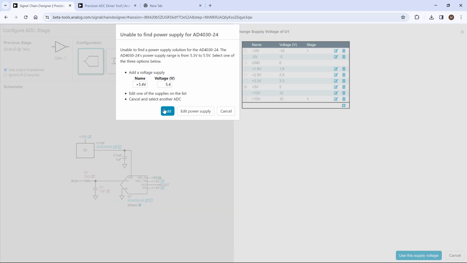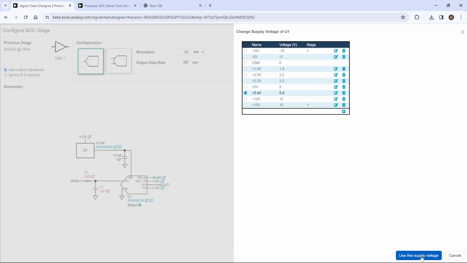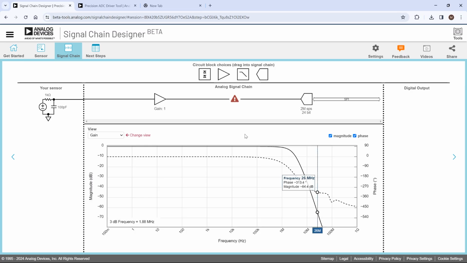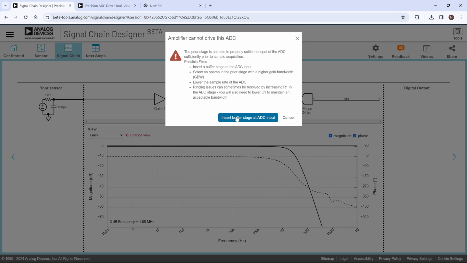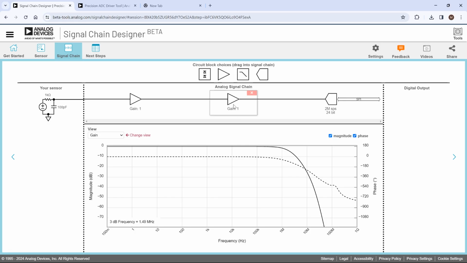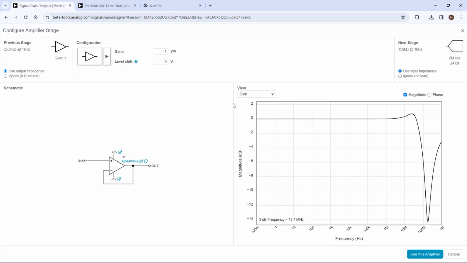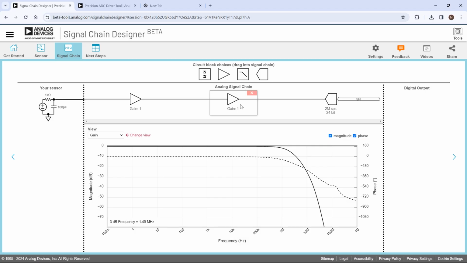So let me just fix this power supply here. And then I can do the same thing where I just insert a buffer, and now I've got this nice fast amplifier. It looks like even faster than the one that was recommended for the previous circuit, 74 megahertz, and that guy can drive it. Or again, I could go edit and try my own